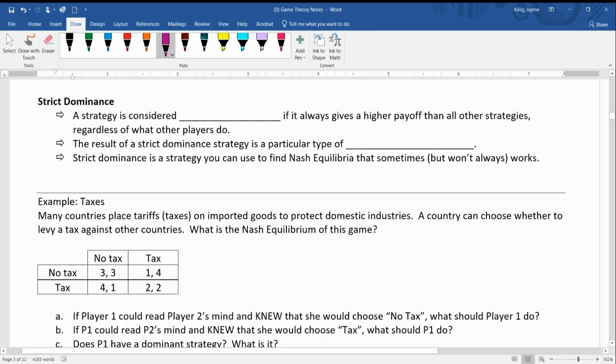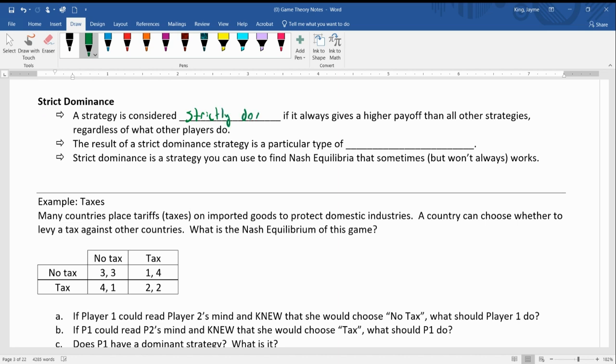All right, so now we're going to talk about strict dominance. We're trying to find these Nash equilibria, and there's a variety of different ways that you can find Nash equilibria. One technique, other than just looking at each cell and deciding if it's a Nash equilibrium, is to look for something called strict dominance. A strategy is considered strictly dominant